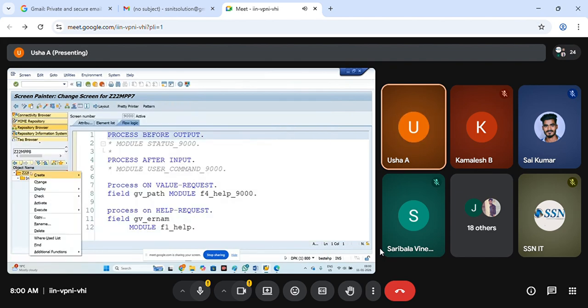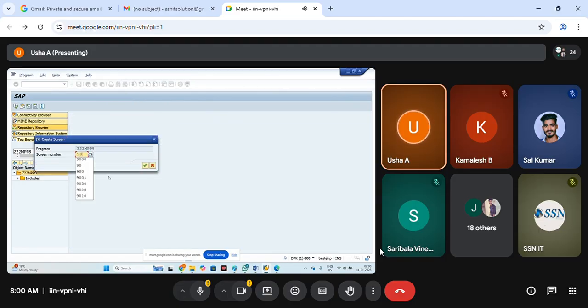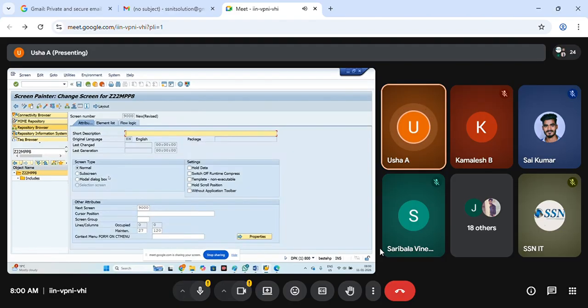Then right click, create screen. You can give any screen number, demo. So first I'll go for checkboxes, then I'll show you the radio buttons. So checkboxes, single also can be created.